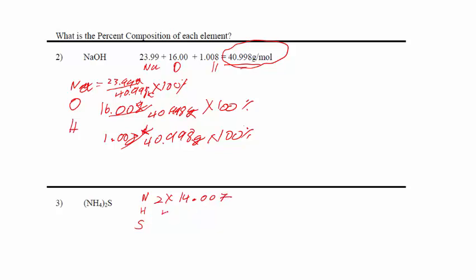Hydrogen is 4 times 1.008, and sulfur is 1 times 32.06, if I remember right, and yep, that is definitely what sulfur is, 32.06. And this is grams per mole, grams per mole, grams per mole. So 2 times 14.007 would be